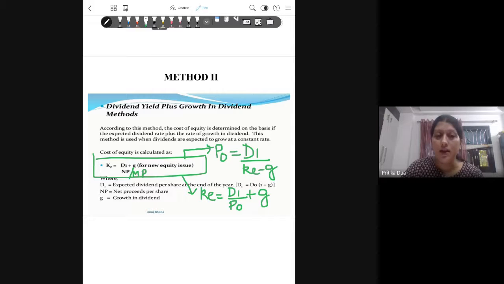Another thing that you see here is that to apply this model, you need a constant growth rate and your cost of equity should be greater than that growth rate. Only then can you apply the model. So basically, these are the assumptions of the model. Let's move to a question on constant growth rate, then the concept will be more clear.